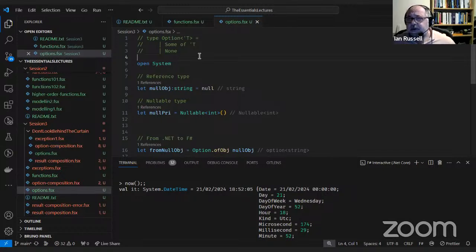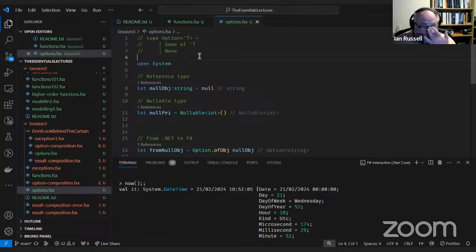So it's very similar to a nullable type in C#, but it's available for any type in F#, rather than nullables being for simple primitives, and you've got the null reference types now for objects in C#. Everything in F# uses options instead.